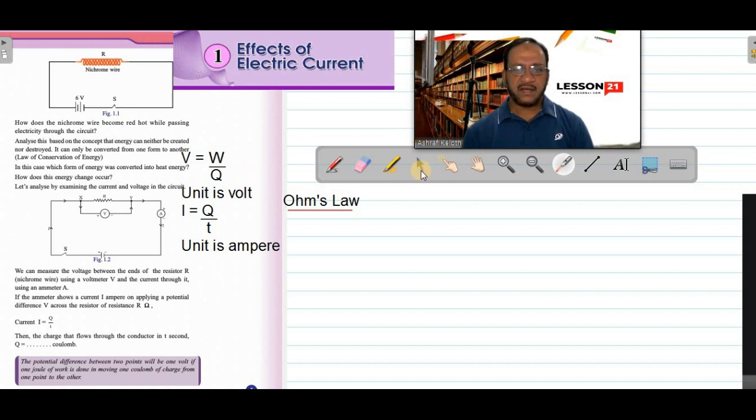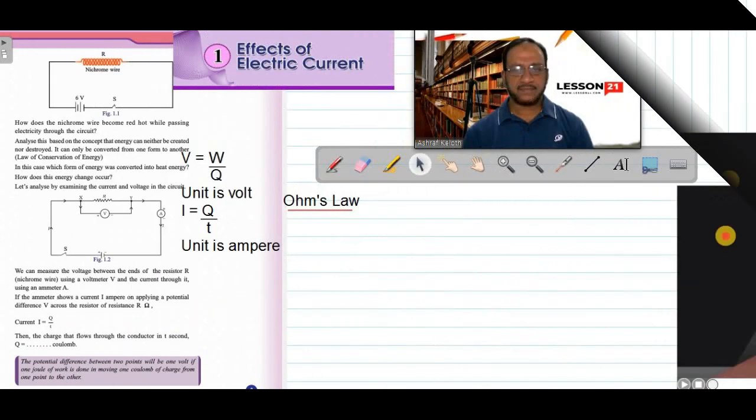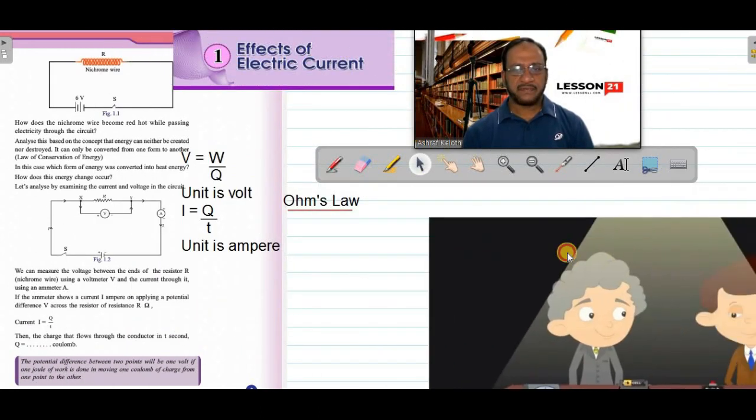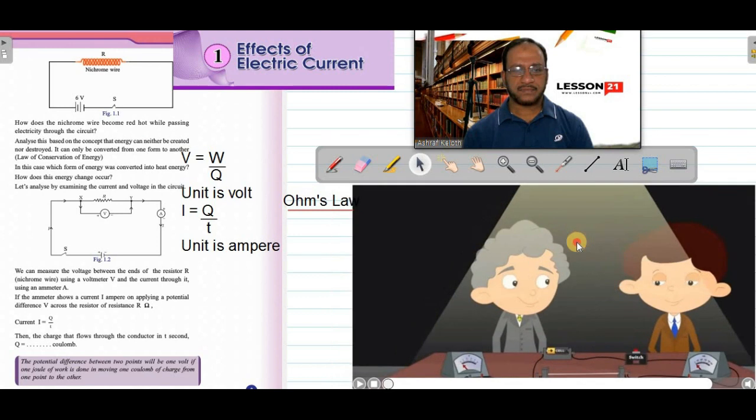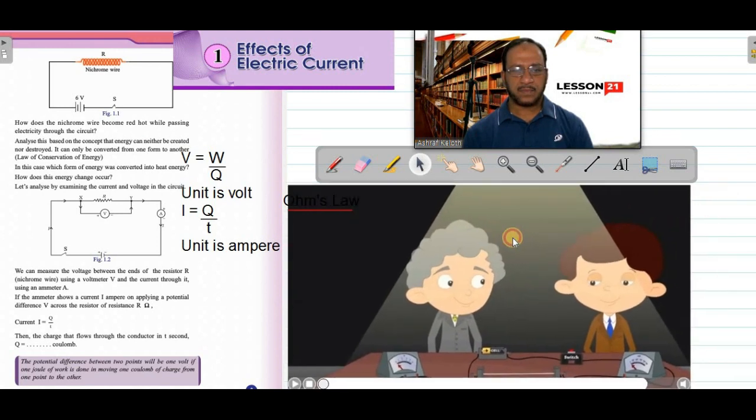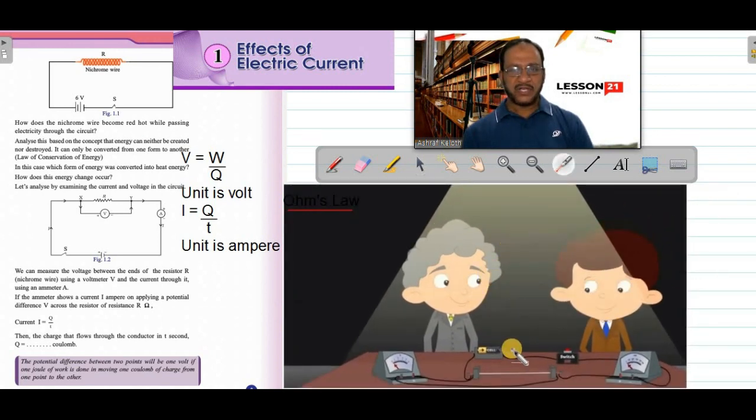First we can understand what Ohm's law is from an animation. We will see this animation first. This is the Ohm's law experiment. In this experiment we can see a wire with high resistance, like nichrome wire. It is connected in series with a single cell, and also a switch and a milliammeter. This is the ammeter for measuring the current. These are all in series.